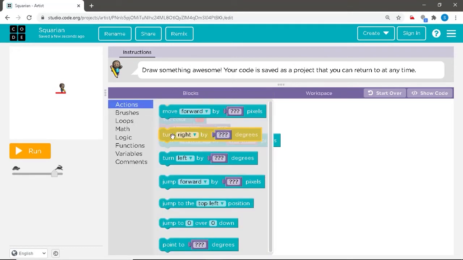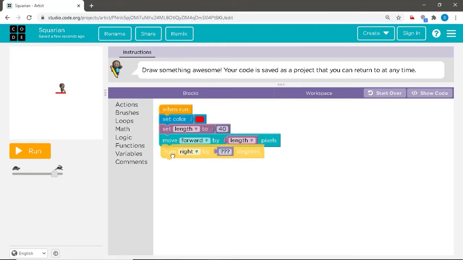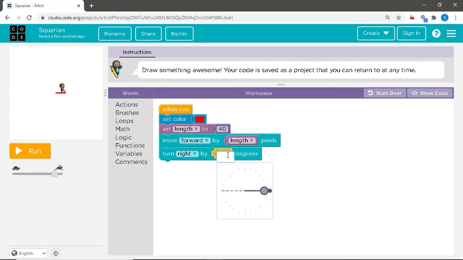and drag the turn right command. So for creating a perfect square, we shall give the value of the degrees as 90. So when this is done, the artist turns right 90 degrees, and if you repeat these steps, a square is formed. But since we are creating a pattern with a design, here we shall be putting another value of a degree, which is 89, that is 1 degree less than the actual square degree.